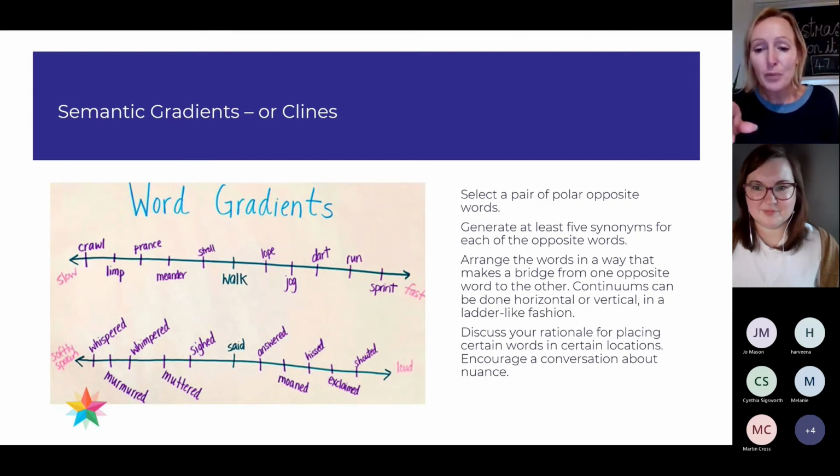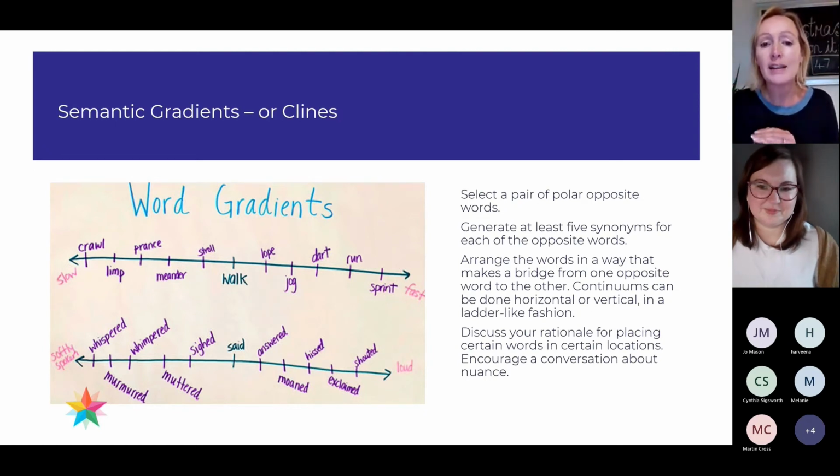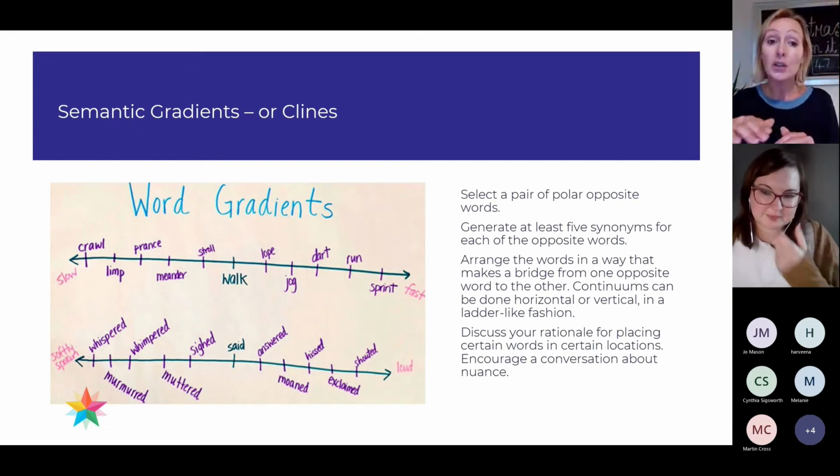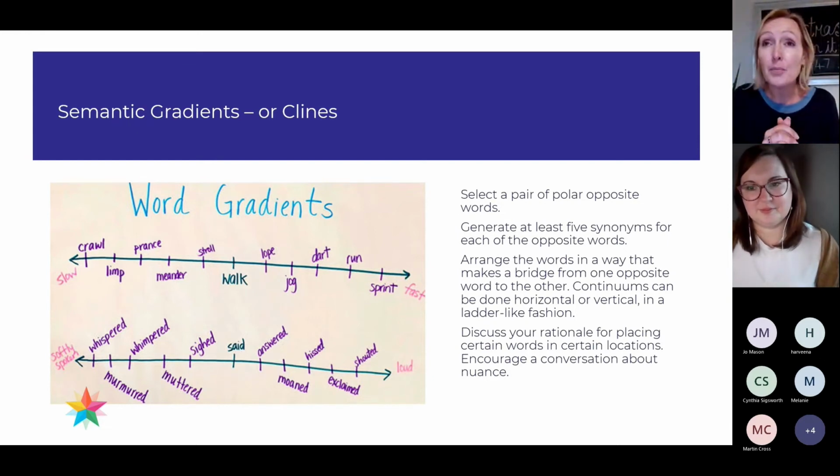If we had a bit more time, we might do one together, but things like two polar opposites are quite helpful to generate word gradients. So moving from hot to cold, moving from happy to sad, those kinds of ideas where you've got two at either end and then you place the words in the middle can be really helpful. And you might give the words, or you might not. You might ask kids to come up with their own ideas, or you might have a collection of ideas that you order together. Both are really